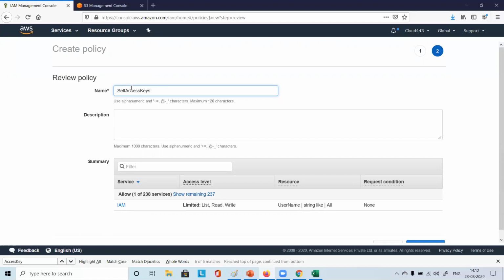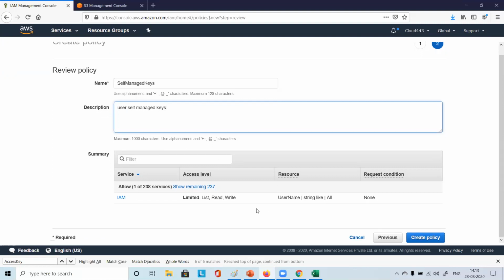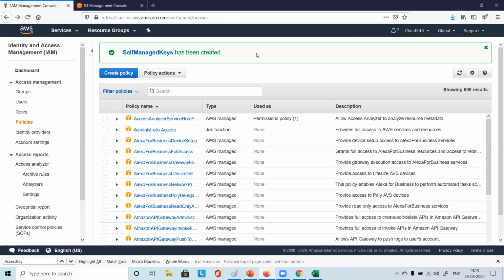Making sense? Or I'll say the user will be managing, right? So I'll say self-managed keys, something like that. Like that you can say. Then IAM is there, list, read, write, all those options are there. And I just say create policy. Right? So we have this policy created, right?